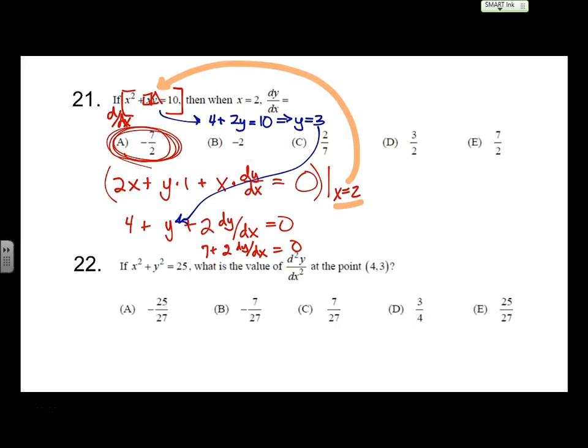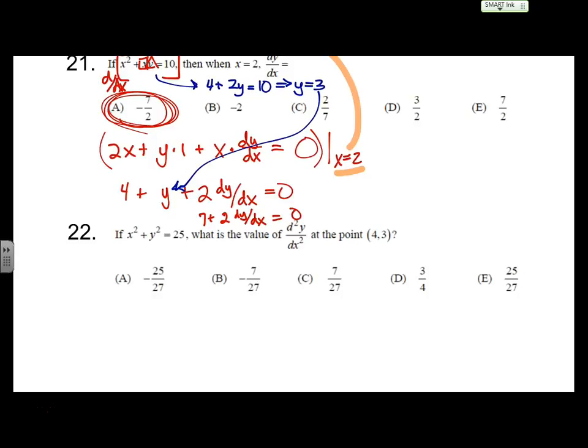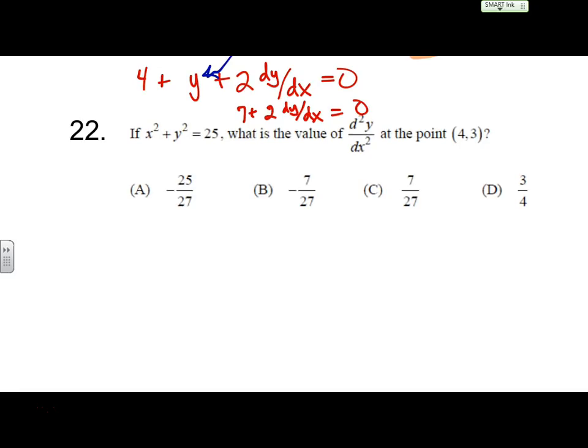Just at the beginning of 22, can anybody tell me what's probably the most common trick they're trying to confuse kids with in 22? This is actually one that the kids were complaining about 2 years ago, not having seen enough examples of what they did. Solving for the first derivative is not too bad. Take d/dx of both sides. Did you guys know that you can take the derivative even though the y's are all blended in there? That shouldn't be too bad.